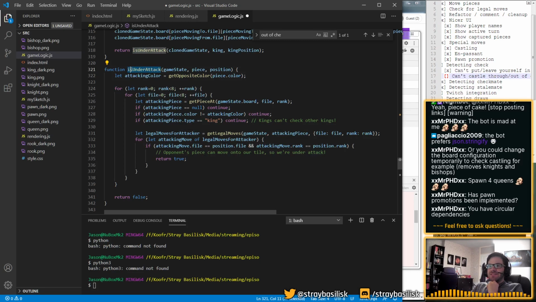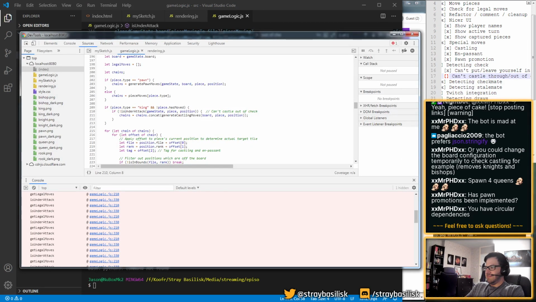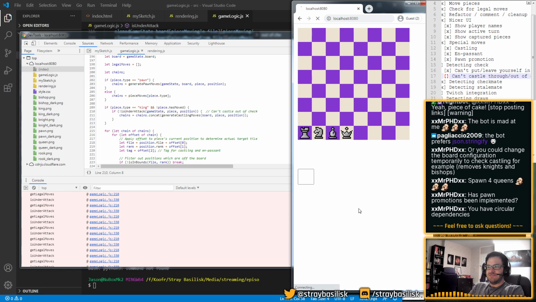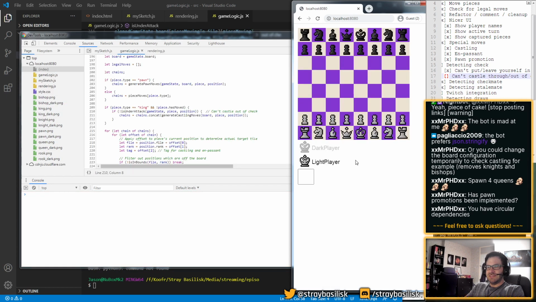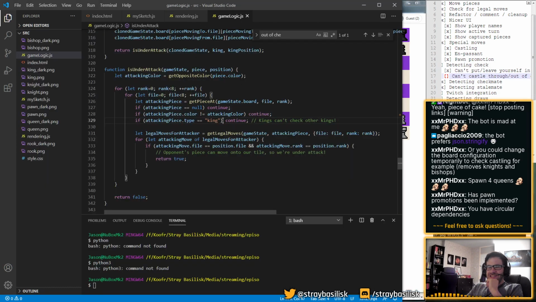It's fine in this context of detecting checks, but it's no longer a general, like, are you under attack move? So is there a better way to fix this? I think this will work, right? I don't really like it. It feels like a bit impure, even for me. Any ideas? Okay, what can I do here? The issue is...